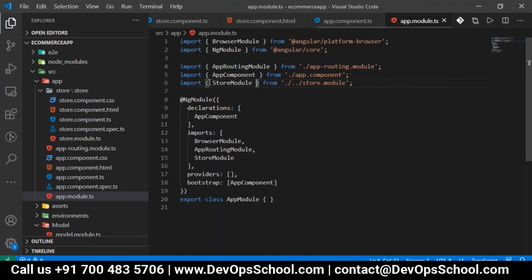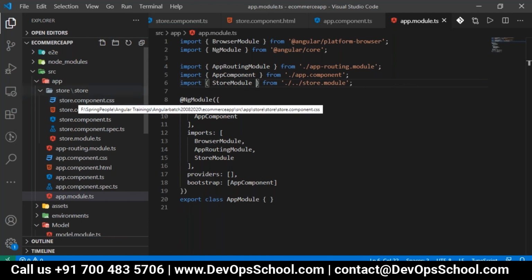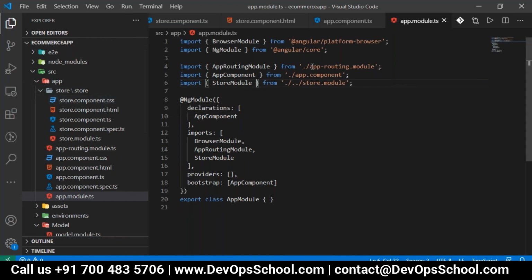We have written here the store module. That same thing which we have imported here. So that is the store module as a part of store. So inside the app, it is there here. So whenever you have it in the same folder, you just put one dot. I guess I have to write one more because it is inside of another folder. Yeah. So it is inside of application, inside the app, inside of store module, inside that it is a store module. So the store module, we have to import it.